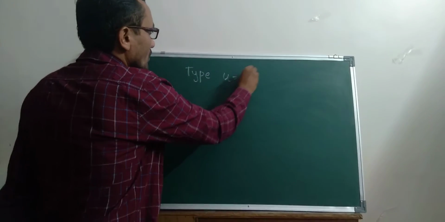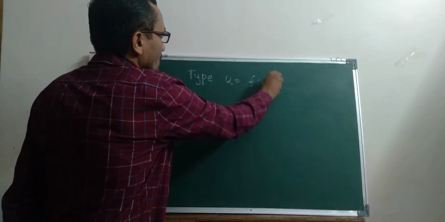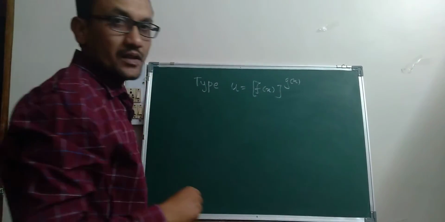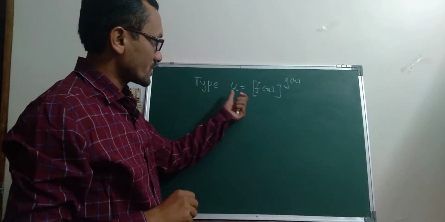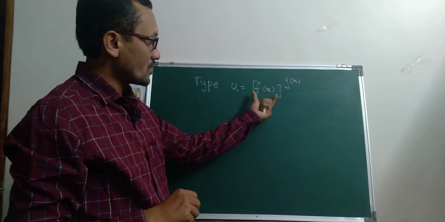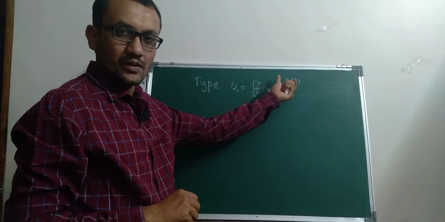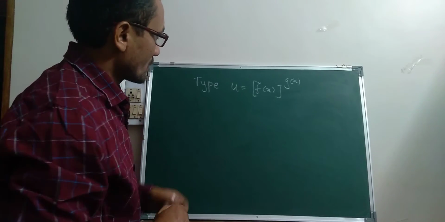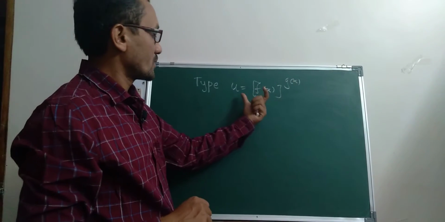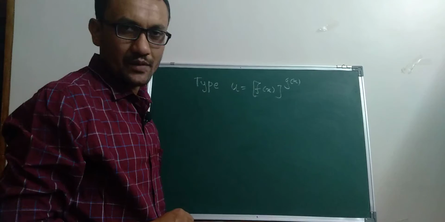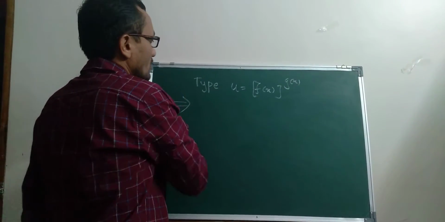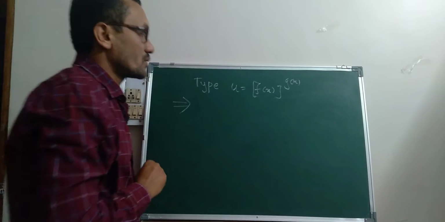Today we are going to see derivatives of the type u is equal to f of x raised to power g of x. We have to see such functions where we have a function and its power is also a function of x. We know that we do not have a formula for such derivatives, so we will have a special kind of concept for this. So how to solve such derivatives?